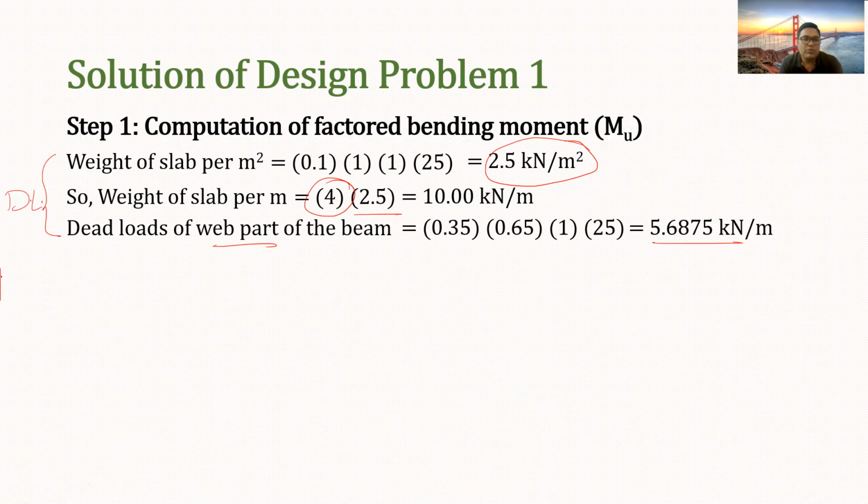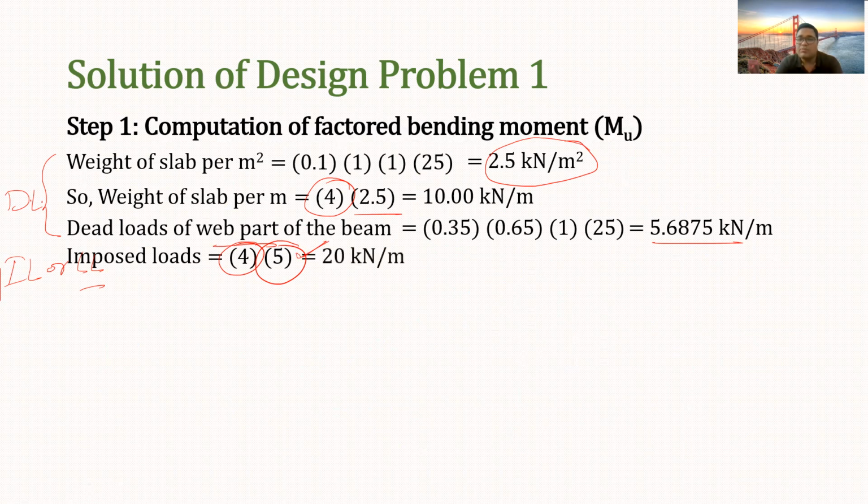So till now we have calculated, this was the dead load. Now imposed load or live load is also given. And the intensity of the live load is already given, which is 5 kilonewton per meter square. So 5 multiplied by the area under 1 meter length. So area is 4 meter and 5 is the load intensity per unit area. So this becomes 20 kilonewton per meter. So that becomes the total load.